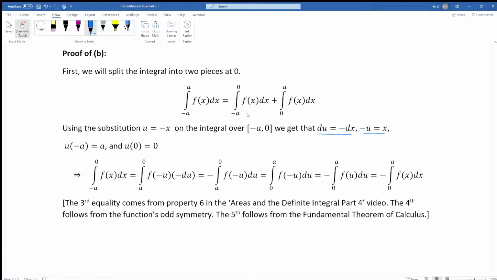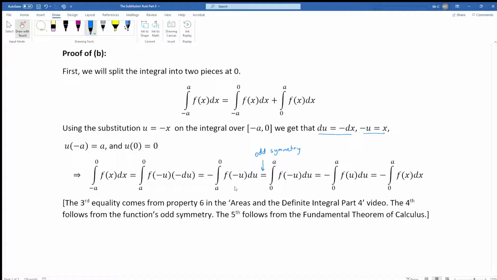So now when I look at this left-hand part of these two terms, I get the integral from -a to 0 of f of x dx is the integral from a to 0 of f of -u times negative du. Now I can take this negative du and put it out in front because that's just multiplication. On the other hand, with the f of -u, this happens because of the odd symmetry. The fact that f of -u is equal to negative f of u. So I can pull out the negative. I shouldn't say pull out because it's not factoring, but the odd symmetry tells me that this f of -u,